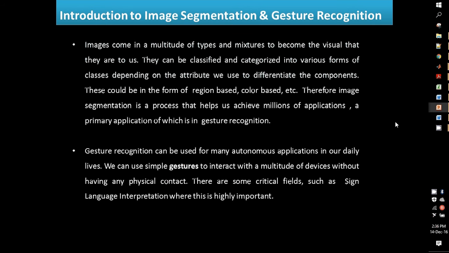So, firstly, let us talk about image segmentation and gesture recognition systems. Images come in a multitude of types and mixtures to become the visual that they are to us. They can be classified and categorized into various forms of classes depending on their attributes. These components can be differentiated among many factors, among some of which are region-based and color-based. Therefore, image segmentation is a process that helps us achieve millions of applications, a primary application of which is in